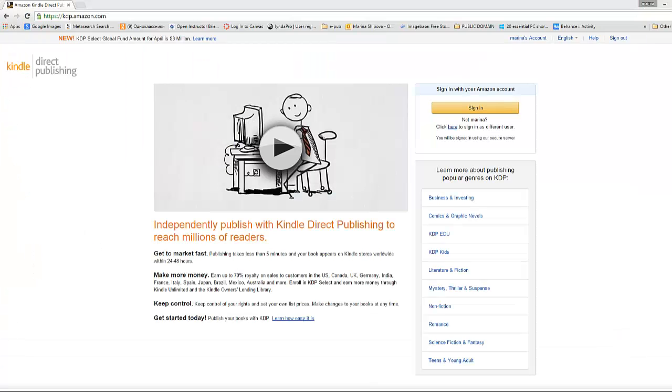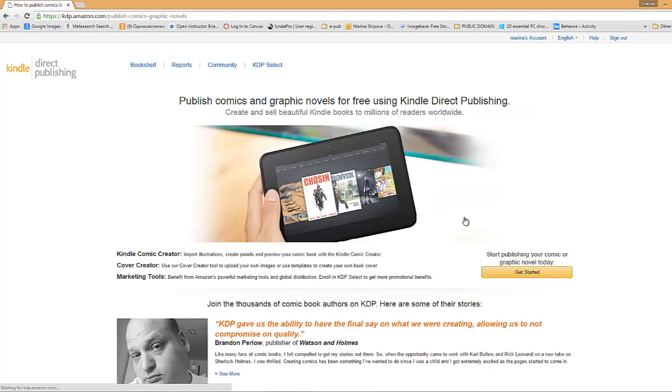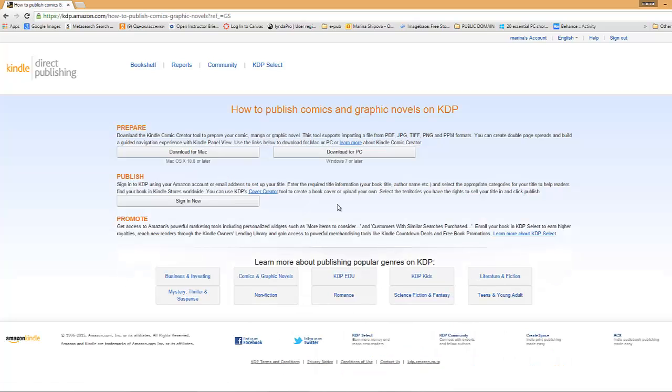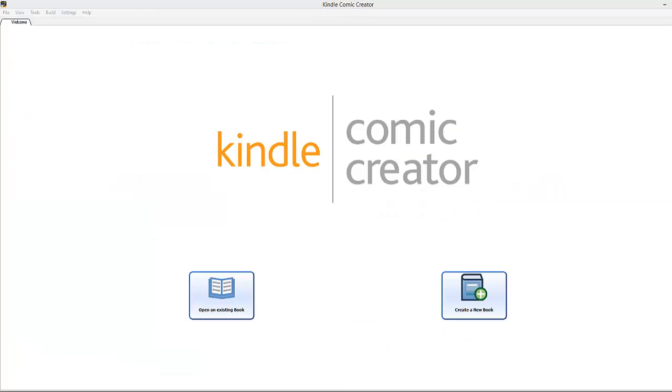Next, you need to install Kindle Comic Creator. You will need to go to kdp.amazon.com, it's the website for Kindle Direct Publishing, and under Comics and Graphic Novels, you can find the download for Kindle Comic Creator for Mac and PC. When you start Kindle Comic Creator, it will take you to the front page, and you will click on